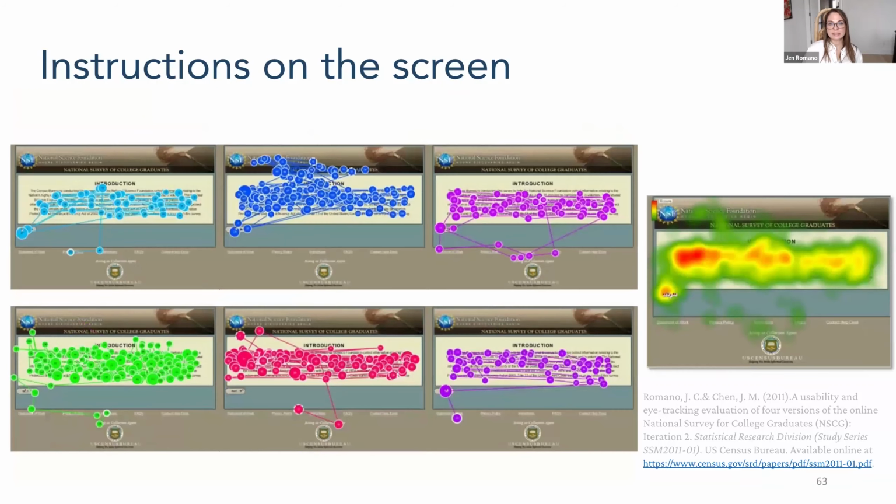But what we found was that on the very next screen, after people had logged in, there was more information about the survey, and people read this information. Most people, again, you're seeing 6 different people here, lots of fixations. That means people are reading. Over here, you can see the aggregate across a number of participants. People are reading, lots of red, lots of hot spots here. So they were missing important information on that first screen, but once they got into the survey, they were reading